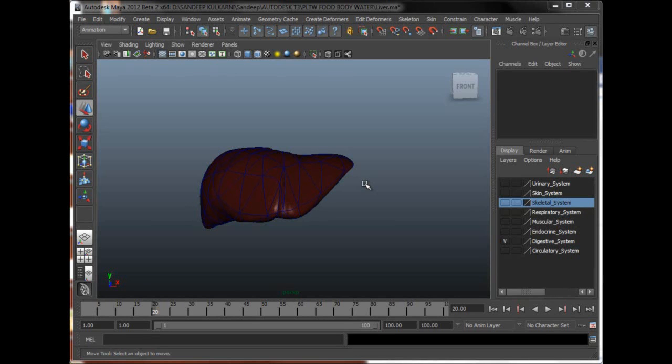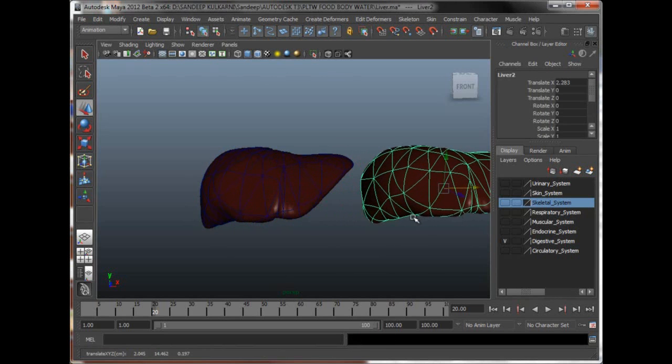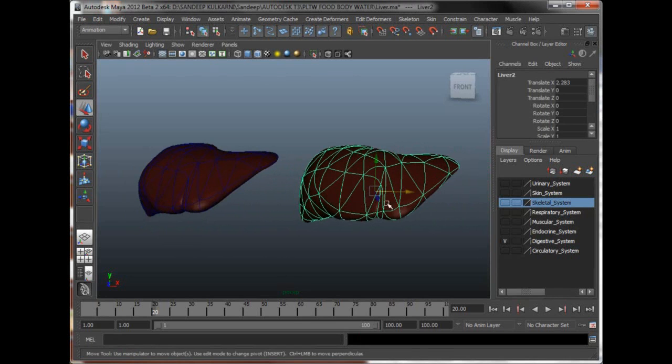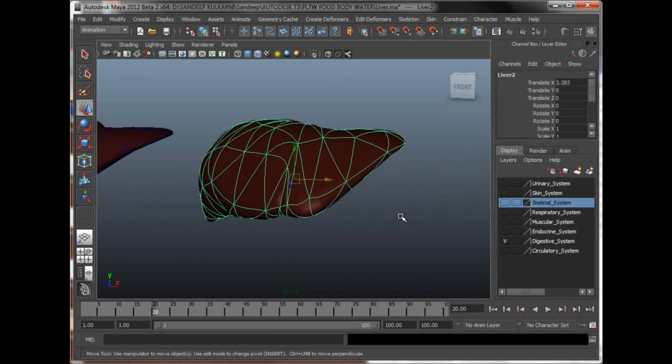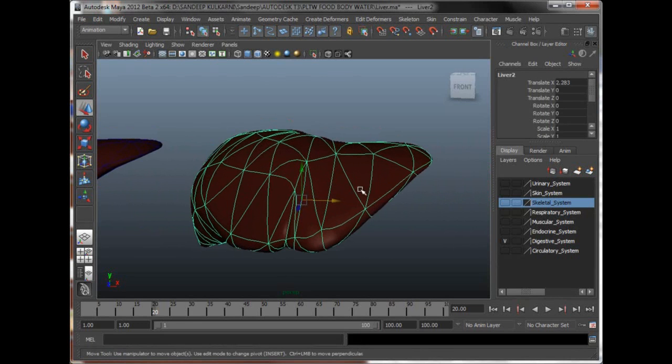Let's see how we can do a simple fatty liver in this video. Let's select the liver and Control D to duplicate it. What I'm going to do is change the shape of this copied liver over here, but I'm not going to add any other geometry on top of that. The reason I'm doing that is because I'm going to use the blend shapes method to show us the